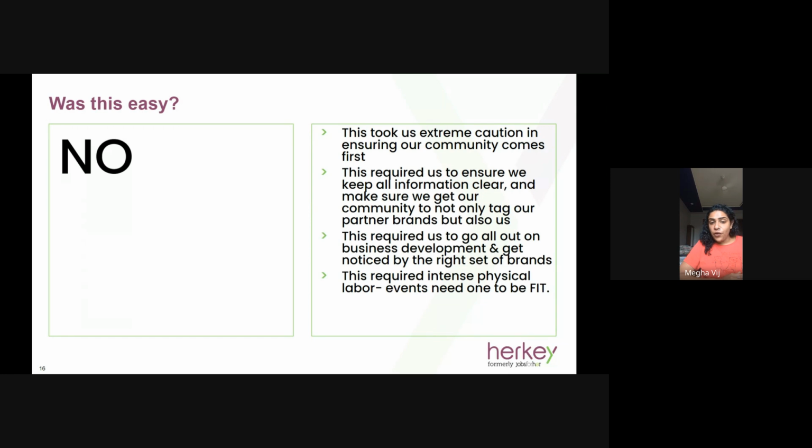So yes, this was not an easy task. I remember that for 2 months, June and July, there was not one weekend that I was at home. I was flying off to Delhi every Friday. I'm based out of Jaipur, so I was coming back to Jaipur either Sunday night or Monday morning, getting back to work, and again traveling on the weekend because events were happening on weekends.